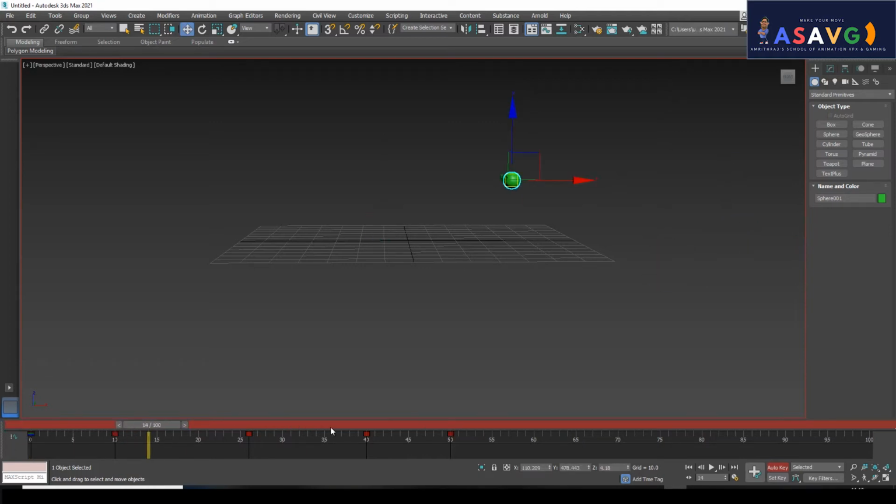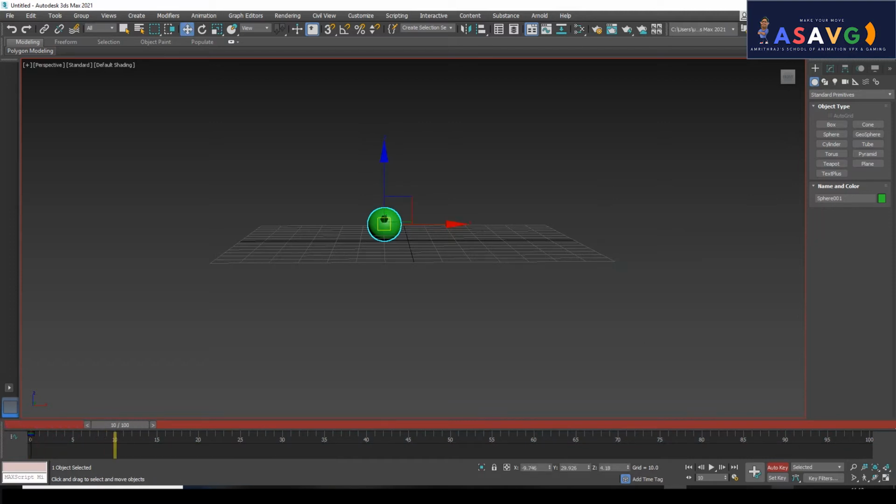If you want to shift one key from one position to another, maybe you are in the fifth position of the 100th frame, I am clicking and dragging over here. You can see the keyframe is just moving, right? Just drag it over here and just delete. So I will be doing my first simple animation.